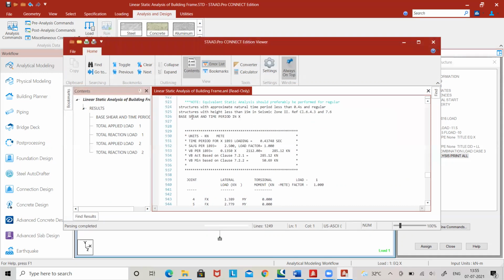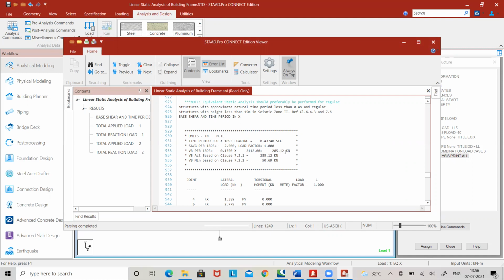See, now the structure with approximate natural time period less than 0.4 seconds as per the IS code clause. And you can see the time period got is 0.4378784. The value of SA by G is 2.5. The load factor is 1. Base shear calculated is 285 kilonewton.